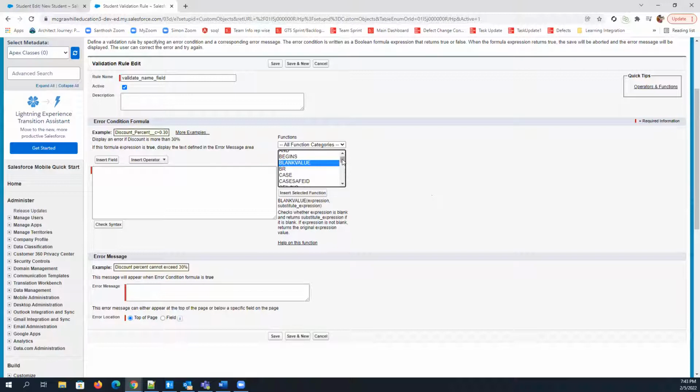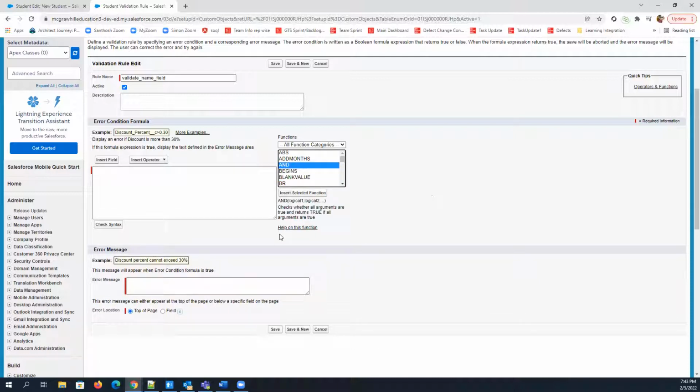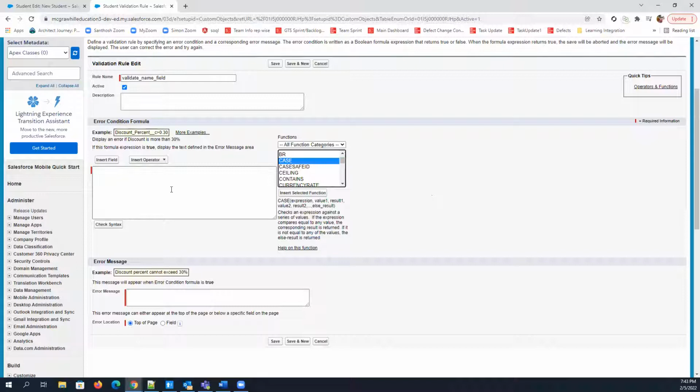I will tell you some of the useful functions that you will use a lot in validation rules and formula fields. The first one is AND. You will use AND a lot, in almost 70 to 80% of your validations. Then the CASE function is also useful, but sometimes you can use the IF condition as well.